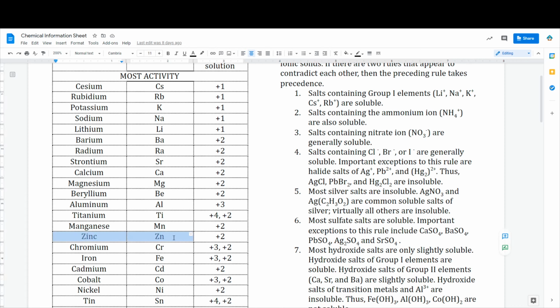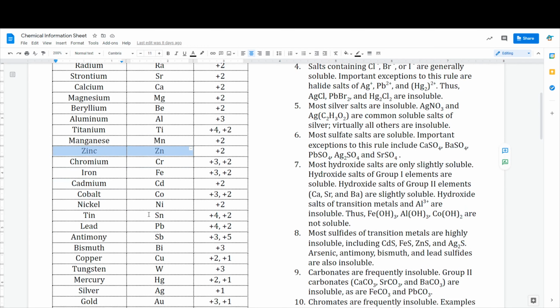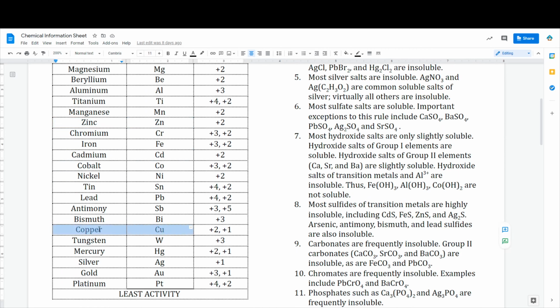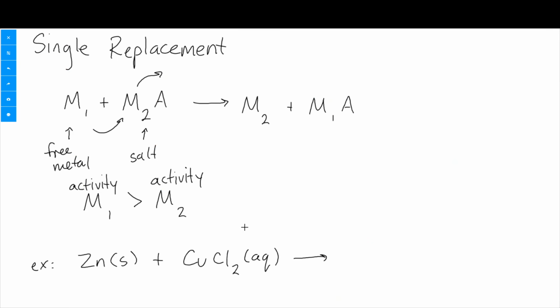We're going to look for zinc. Okay, zinc is the free metal, so we're going to look for that first. Zinc is up here, and if we scroll down, copper is all the way down here. So between zinc and copper, well, zinc is higher than copper on the activity series. So zinc is more active than copper, which means this reaction can happen. This reaction does happen. Zinc kicks out the copper, and so what it does is it leaves free copper metal,